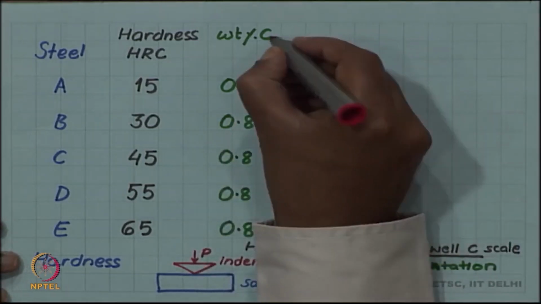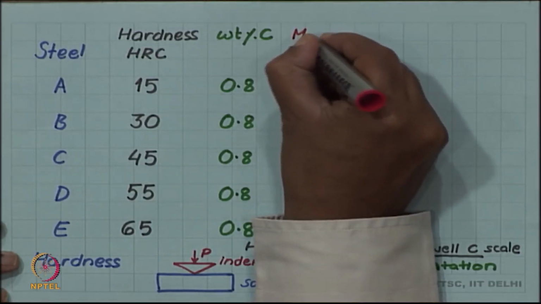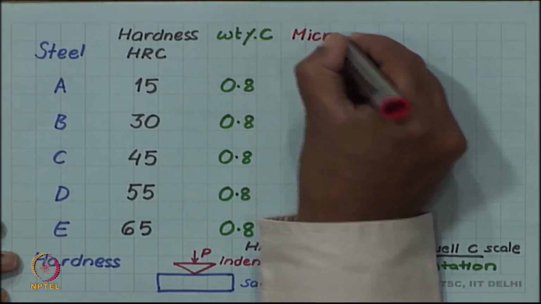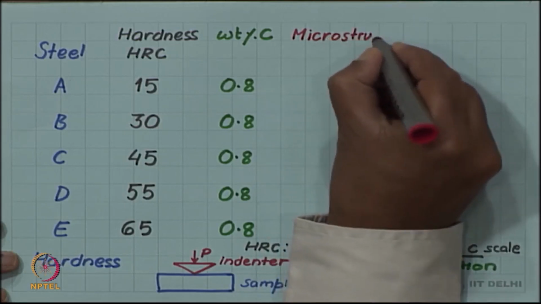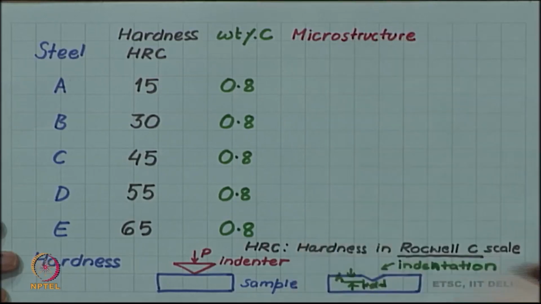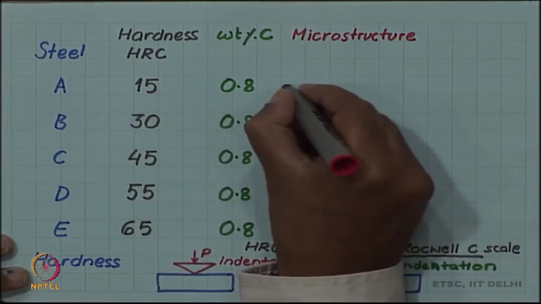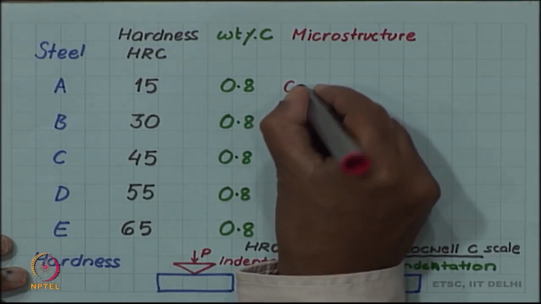So, if we look at the microstructure, we find that they have different microstructures. So, for example, steel A has coarse pearlite,